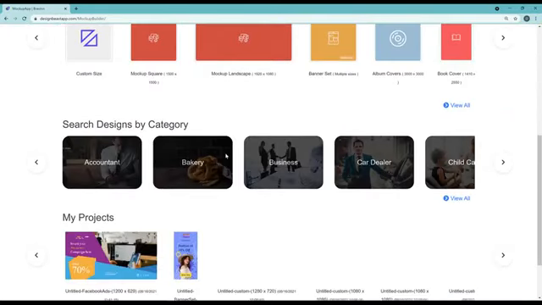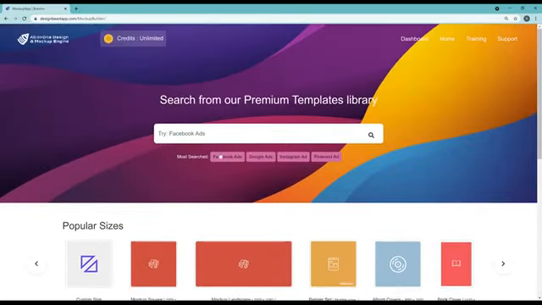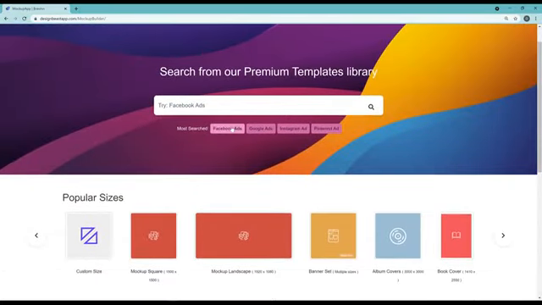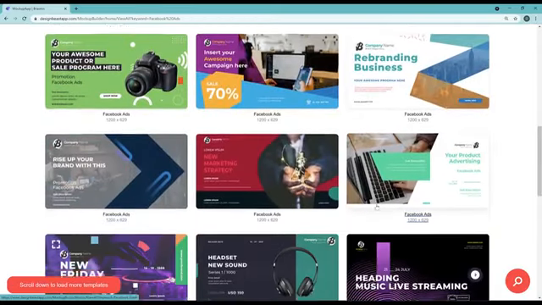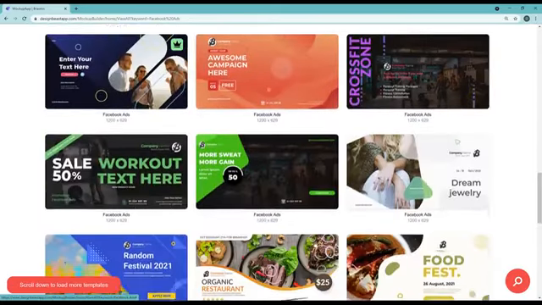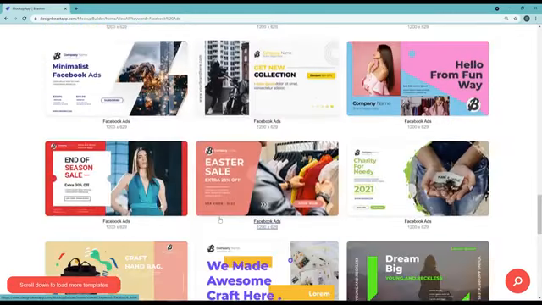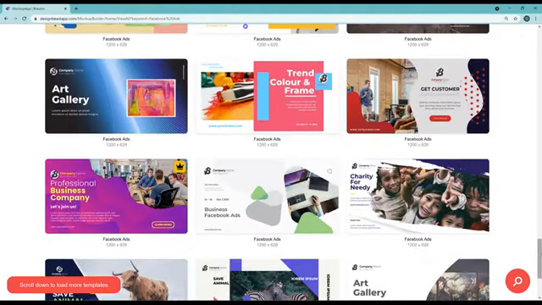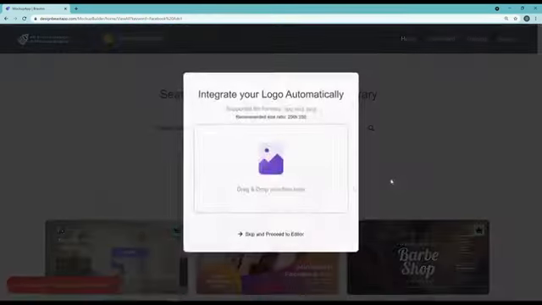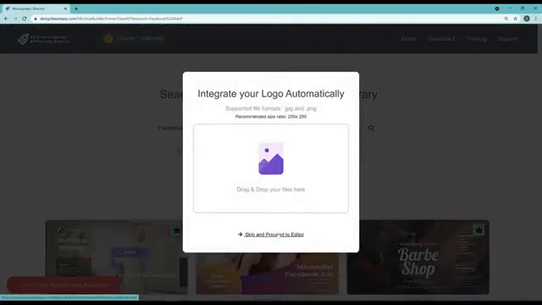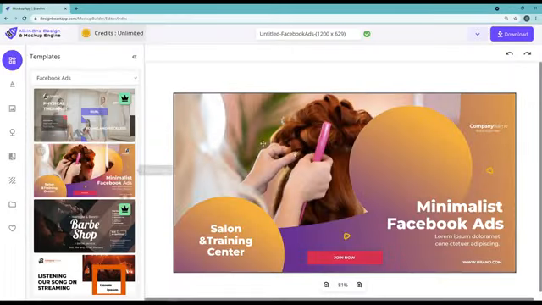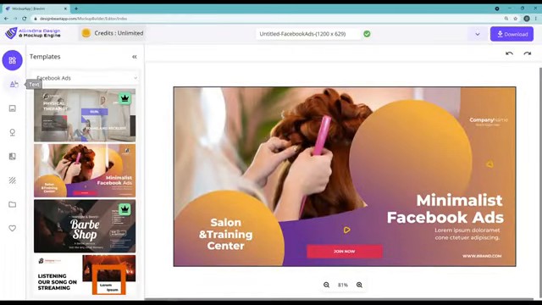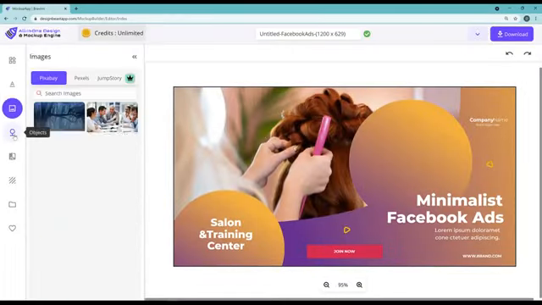Here we go. We have 7,000 plus designs right here that we can even search. Like if I wanted to search Facebook ads, I'll get every single design out there that's designed for Facebook ads. So you can do it for any business out there and start charging the money, or use it for your own business. You can just click on any one of these and then you can drag and drop any of your logos. If you want to add them later, you can do that later, or any images and that sort of thing. And then you come into this nice and slick design editor, which is extraordinarily powerful, as you